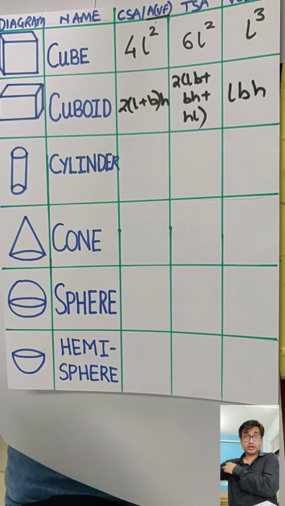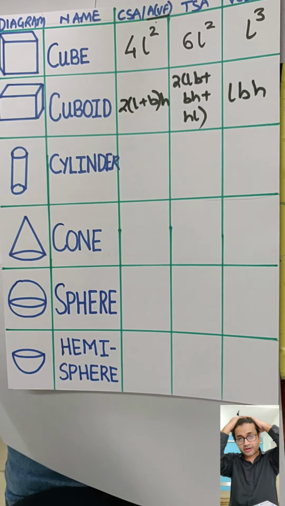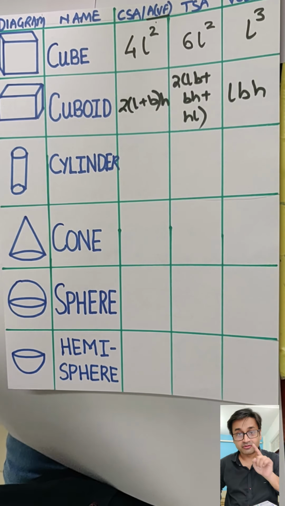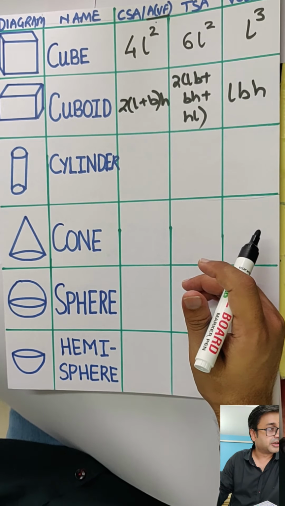So we've learned at least 6 formulas straight away. You need to learn all these. Don't worry, I'll make it very simple for you provided you are with me. If you're not with me, I can't help it, alright? So let's go on with the next one.